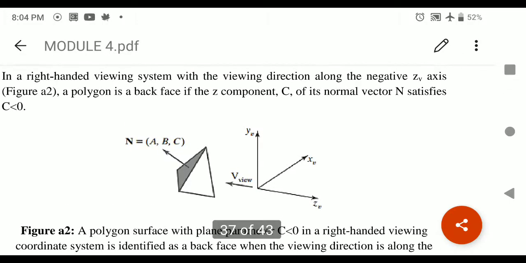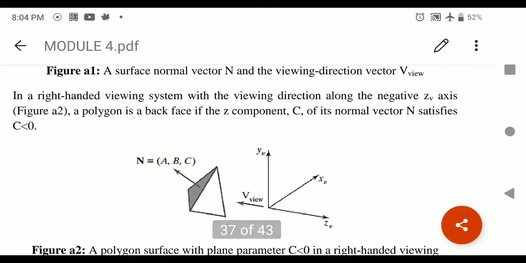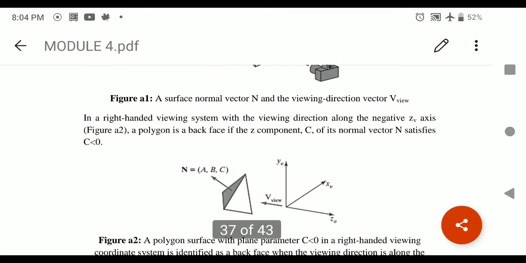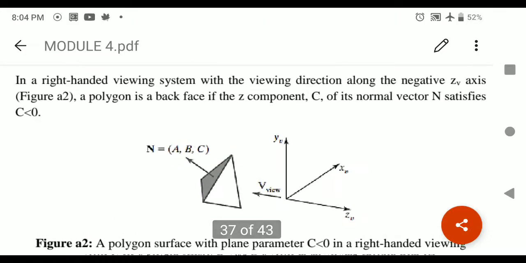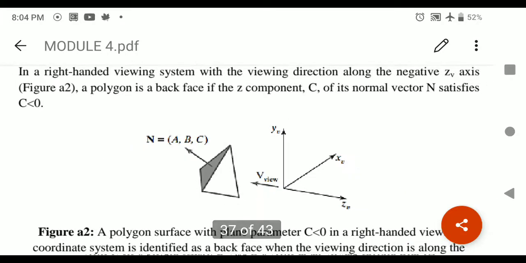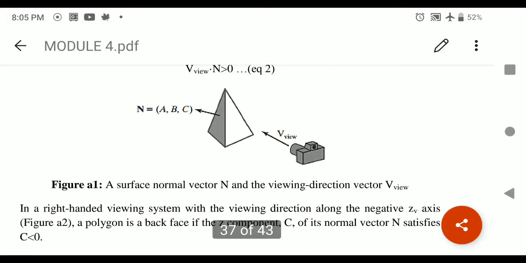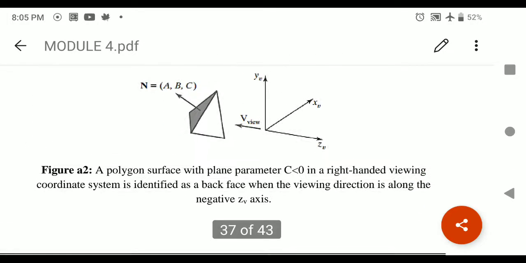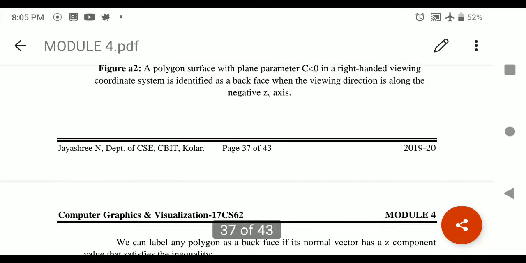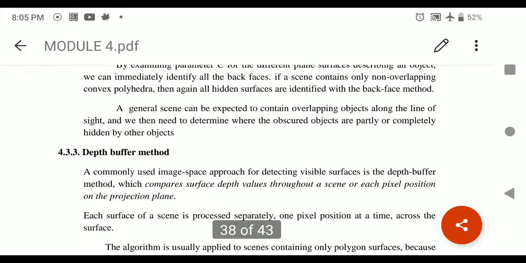Two examples are considered depending upon the position where we consider the plane, that is the view plane. In this case they have considered the right-handed Cartesian form, which is your general monitor system, which considers three-dimensional representation, and in the place of the camera we represent that axis to show how the view axis works. Then you have the depth buffer method.